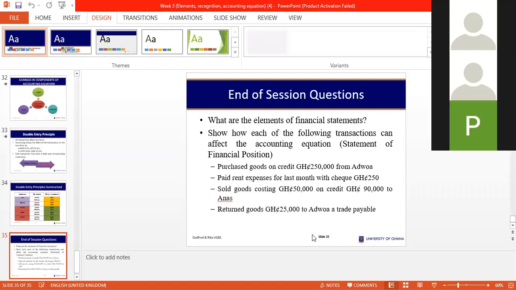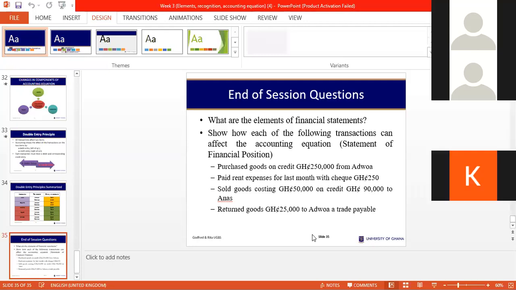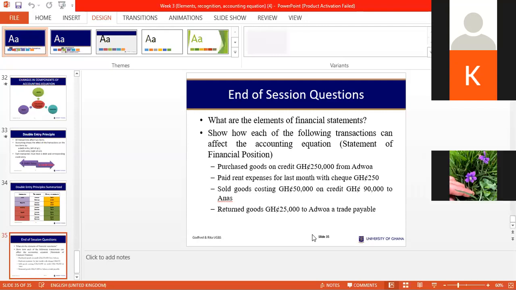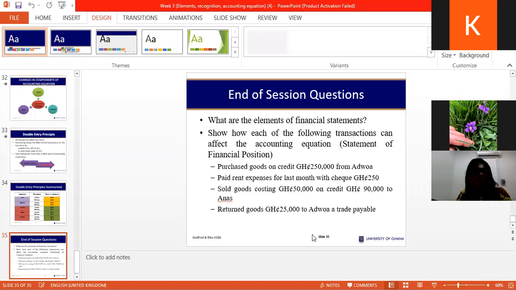I think an increase in liability and an increase in assets. So Moses, Janice says it is an increase in asset and an increase in liability. Okay. Now the increase in assets is because you are taking the business. So it is the business that has brought in goods. So anytime the business buys goods, does the business own those goods?